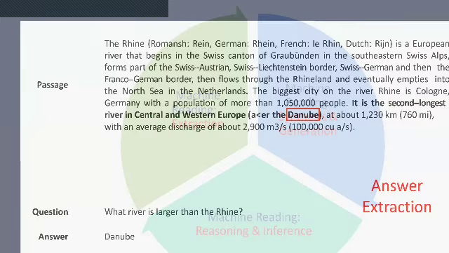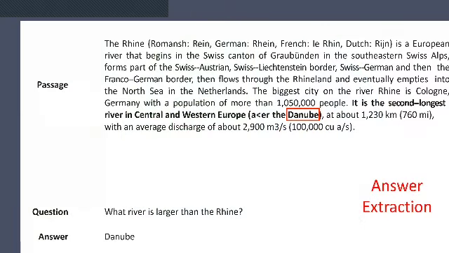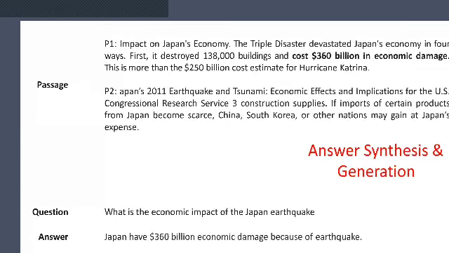For example, we have a passage like this, and I am asking a question. If it just goes and extracts the answer from the passage, then it's just answer extraction. Or we have multiple passages, and we're trying to ask a question. The answer might be spanning over multiple paragraphs. So there we are trying to understand both the paragraphs and combine them to create a new sentence which gives us a correct answer.